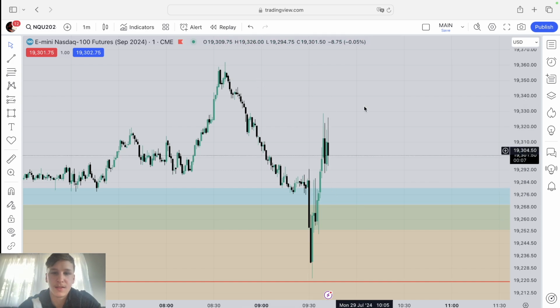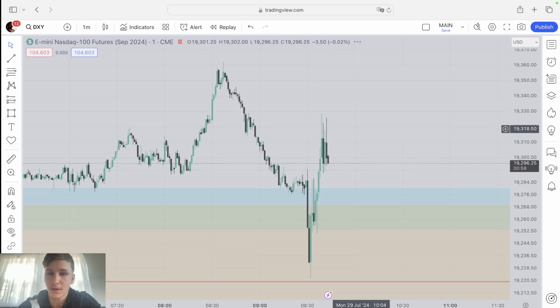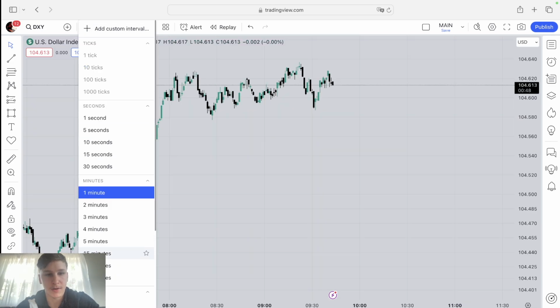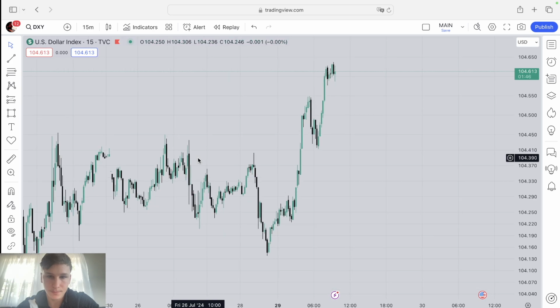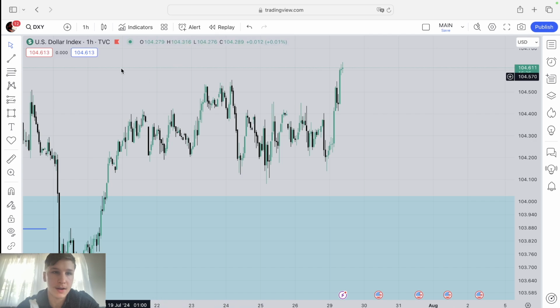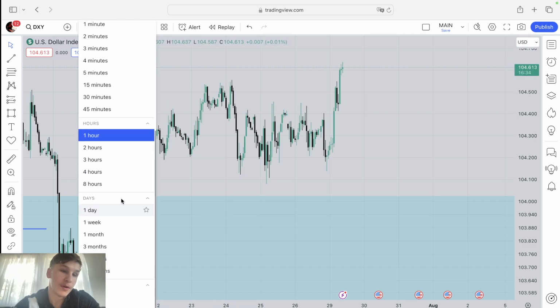Okay, and I'm very opposed to taking longs right now. Okay, I would have to see a lot of other signatures compose together for me to really sway my opinion here. So I keep peeking at dollar index here. Okay, obviously on the opposing end we have a very bullish dollar index here, and as you can see we rallied above the highs here, and lo and behold